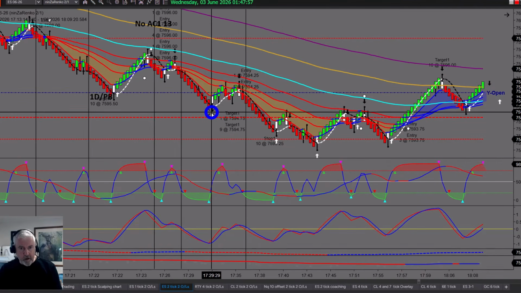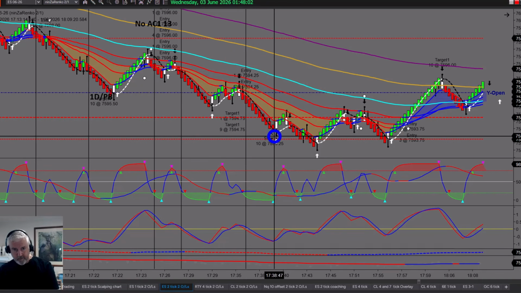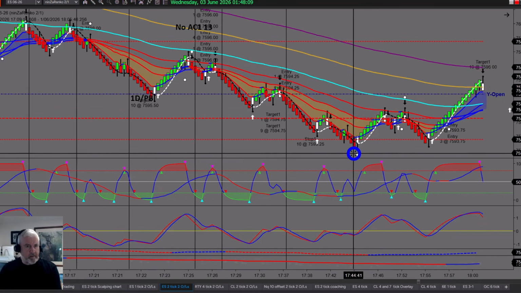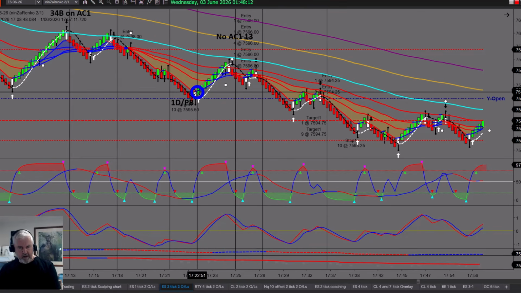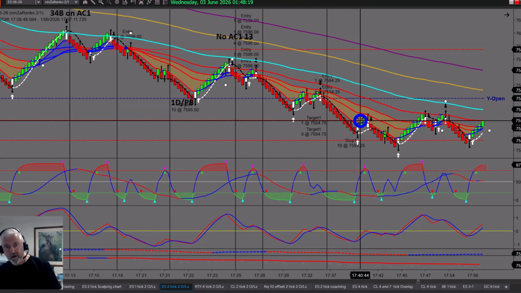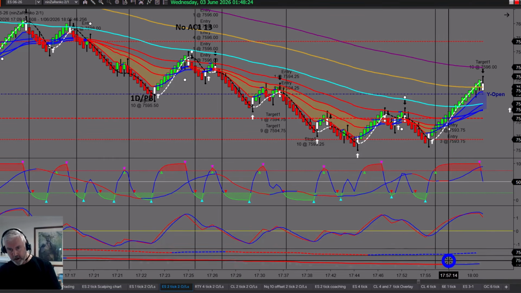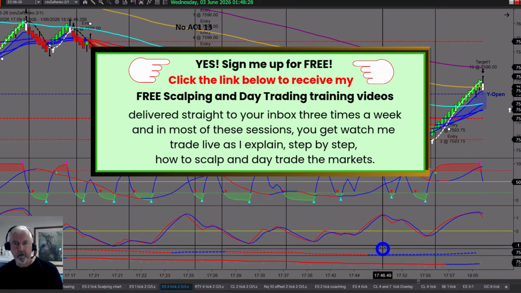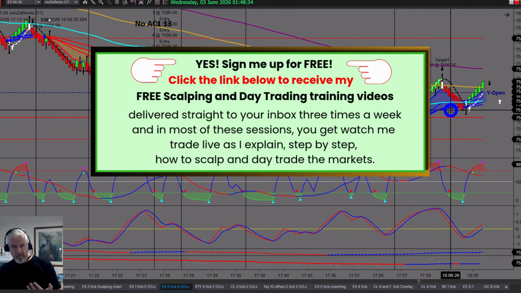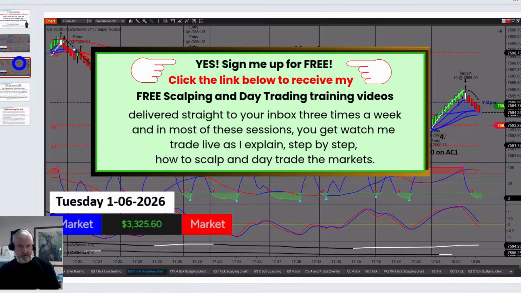Now with that one, I got out with only what was that, only 3 or 4 ticks per contract. I got out because of a pivot. Here I did really well, hit a nice target. Now down here, and did I have one up there? Yes, and we had an entry just up there. I mentioned that one. Then I entered again with trend, with trend, with trend. Then I took a counter trend trade. Note my turning point indicator here. It's screaming on a higher time frame to look to go long, and that's what I did, and thank you very much. So the end result of that was, just going back to this here,